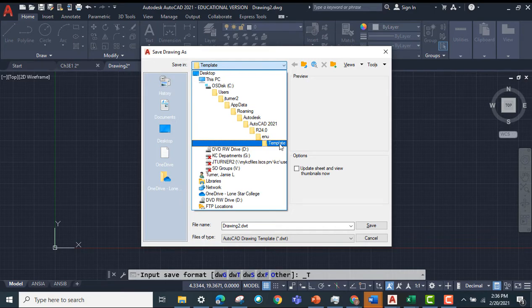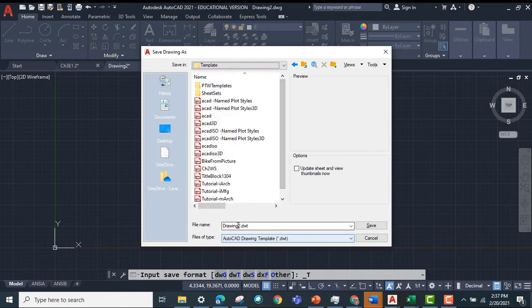You might want to save it two different places. Save it where AutoCAD wants to save it, and then save it somewhere else up where you can very easily get to it. But I'll leave this one right where AutoCAD's templates are, just so it'll show up in the start menu. And I'm going to make sure to give this a name that I can easily identify it. So I'm going to say